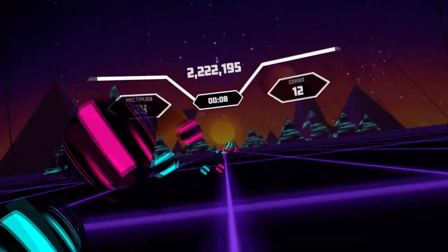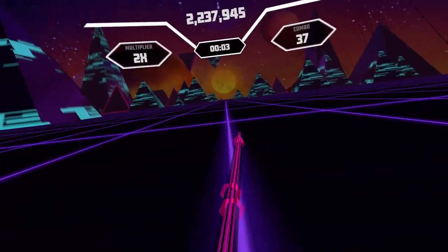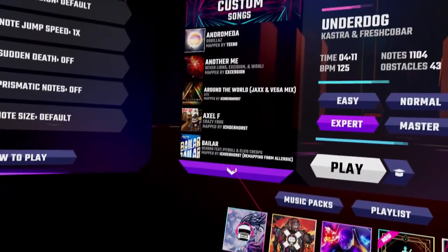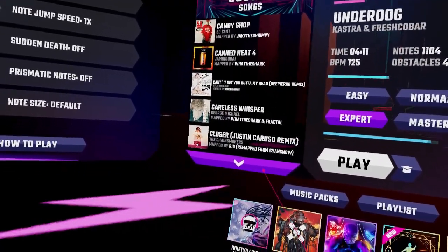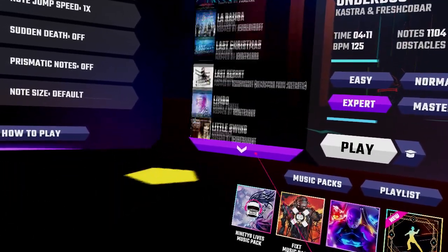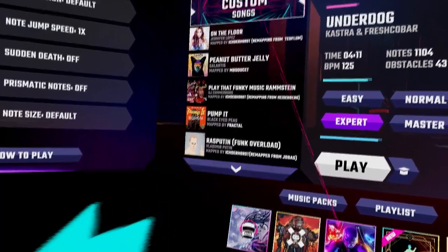However, I will say that I've seen some of the maps for the master mode, and I would love to play it in master mode, but master mode for me in general is just a little too difficult. Probably the only complaint I have about this game, besides that there's some songs that I don't like, but obviously that's going to happen with any VR music rhythm game that has a large library like this. But besides that, which I would say is a very minor critique, not anything major, but perhaps a bigger critique